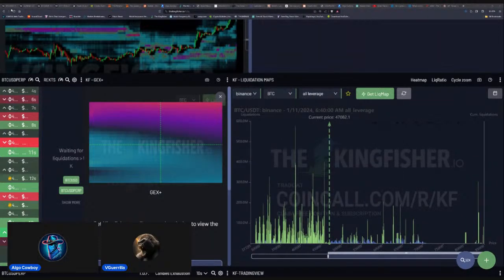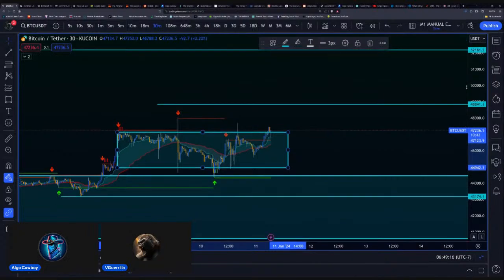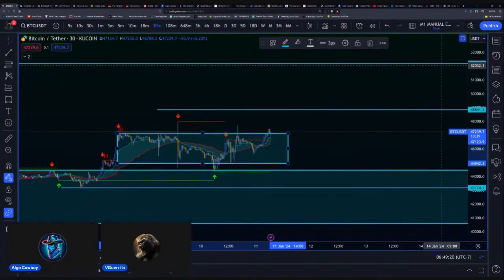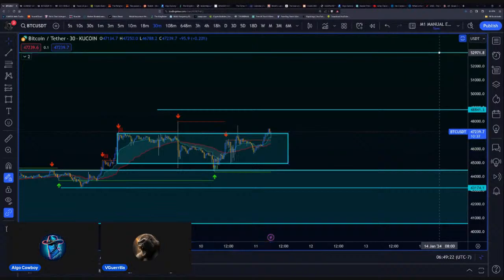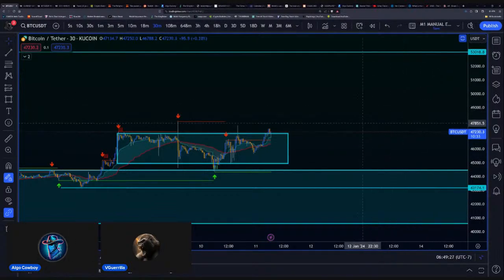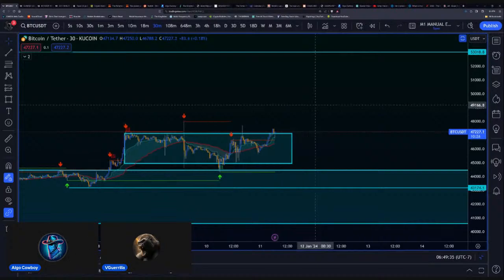For the most part, the way that I work with liquidity is if the charts favor a move up, I look at liquidity to the upside. If the charts favor a move down, I look at liquidity to the downside. Right now, liquidity is pretty much up here at this point, not here anymore. So it wouldn't surprise me to see price make its way up to 53. And of course, what happens at 53 is going to be very important for us to look at. So that's what I have for Bitcoin right now.